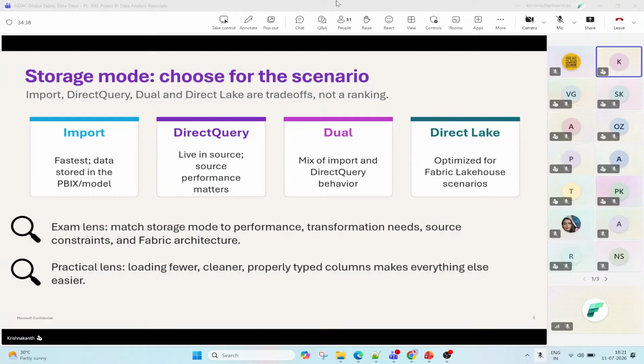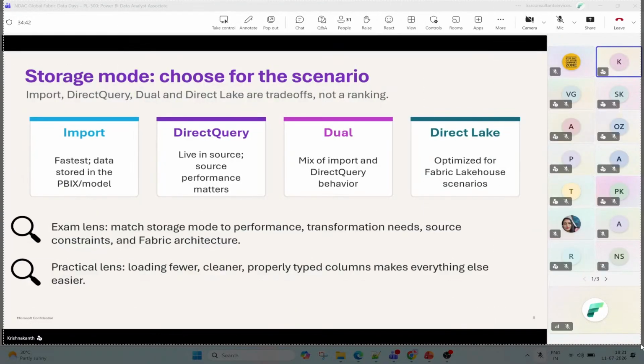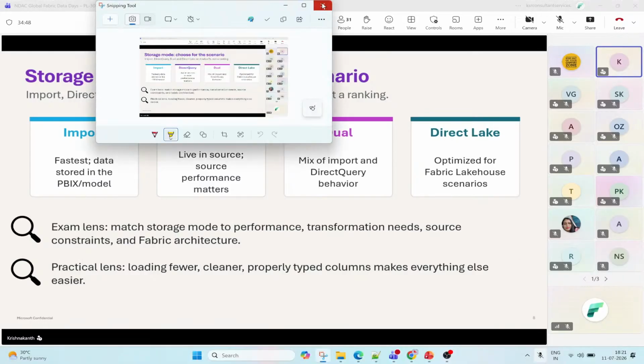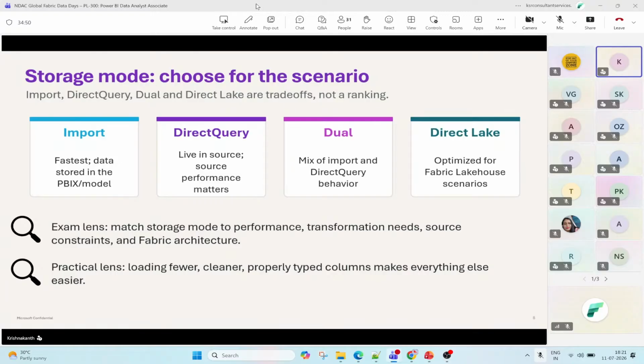You can view the data from the table view, where you can perform certain analysis and do testing with respect to filtering the data. And we have the direct query, where the volume is huge and which doesn't require any scheduled refresh to configure. We have the dual mode, which is nothing but a composite model.